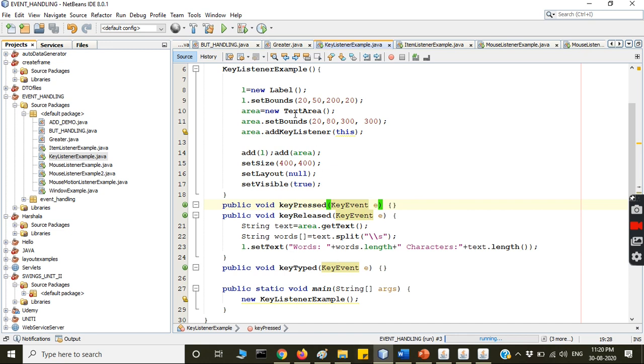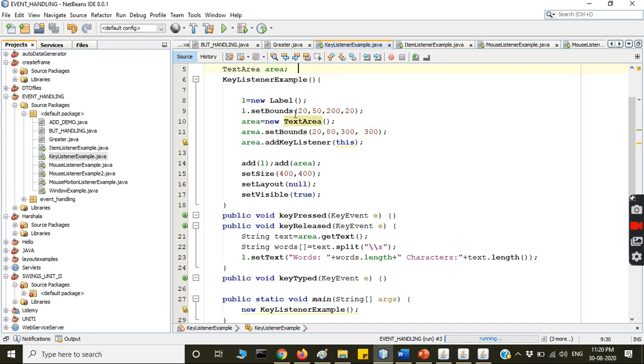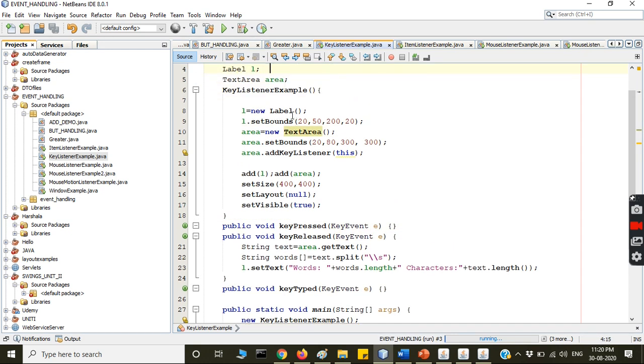And what is in this? Because of time I am explaining briefly. So a label is there, a text area is there, and we are adding the key listener. Is it clear? So text area में हमने key listener को add कर रहे, and then size, adding this area, text area and the label add किया, and key press, key release. key release के लिए एक किया टेक्स्ट एरिया डॉट गेट टेक्स्ट.